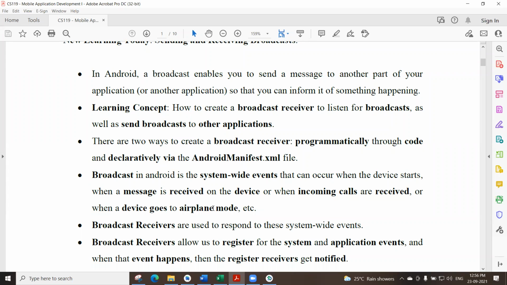This concept you are supposed to have a clear idea of. That's the reason it is placed at this stage. So we have started moving between activities, switching between activities, passing data between activities, and passing objects between activities. Now we are seeing broadcast, not only receiving. You have the experience of receiving even a mail, the notification which provides that broadcast information, and you are accessing that, in the sense you are receiving. In a similar way, in your development, you can communicate with other applications from your current application